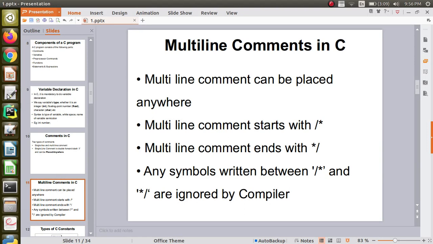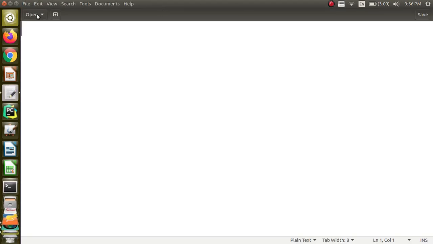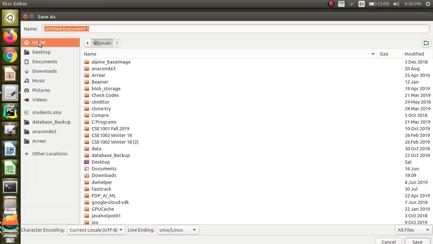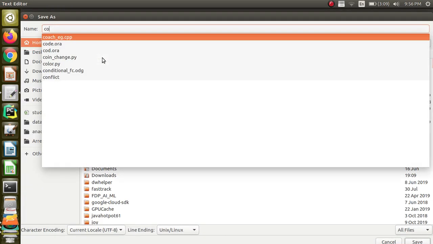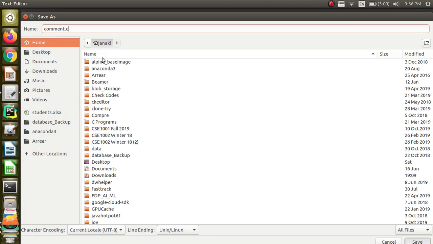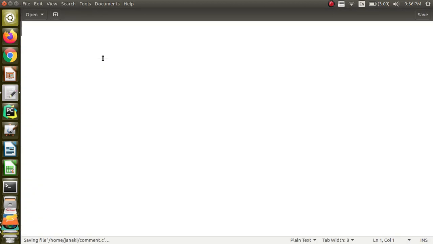So let us see a small C program. Now I am going to show it in Linux environment, okay. I have opened gedit and I am saving it as a file with extension .c. You should remember that the file extension should be .c when you are writing a C program, and it is very important that you include stdio.h. This is required for any C program. And then I am going to have a main, right.